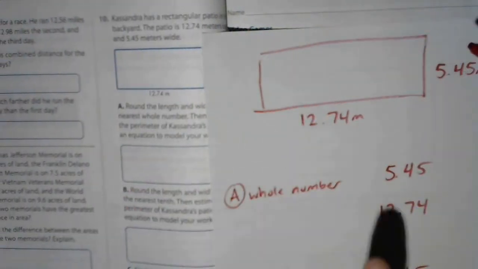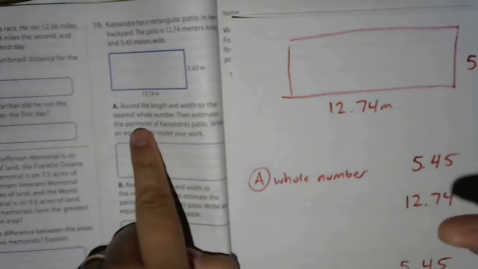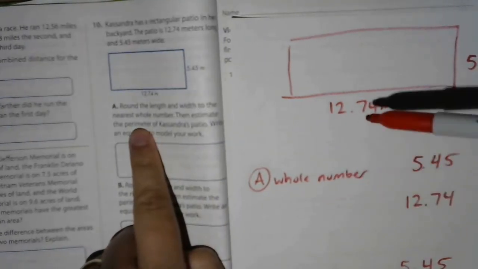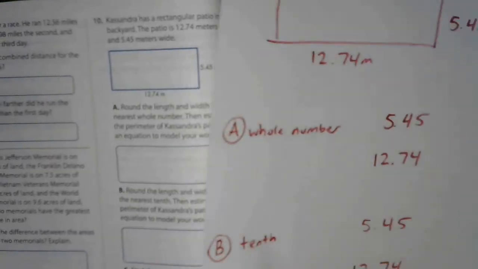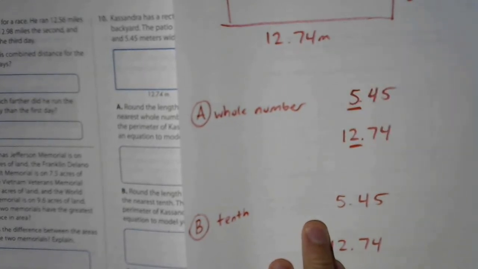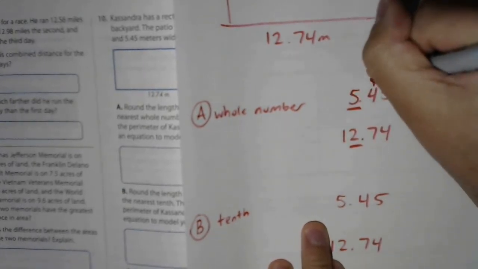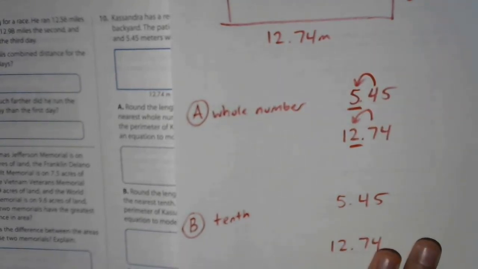I don't really need to draw that, but maybe you do, and maybe that'll help you. So first up, it says in letter A that we're going to round these lengths to the nearest whole number. So again, going back to rounding, I'm going to underline the whole number. That's going to be the ones place. I'm going to draw my arrows to help me remember that it's the number on the right that determines that